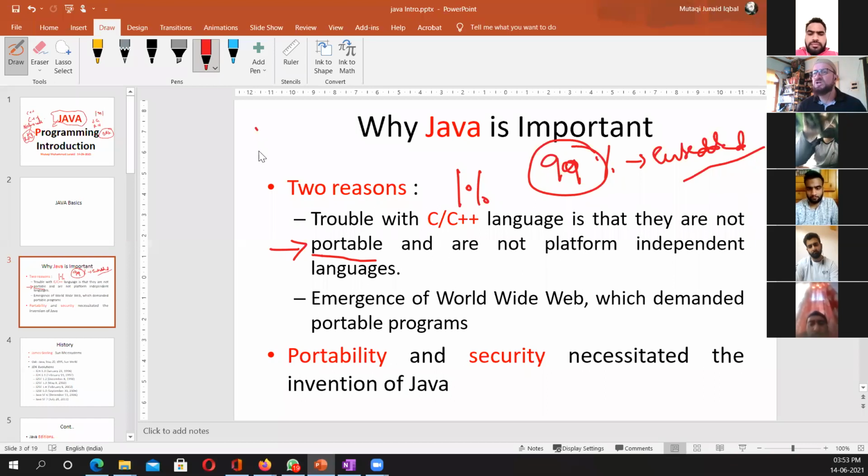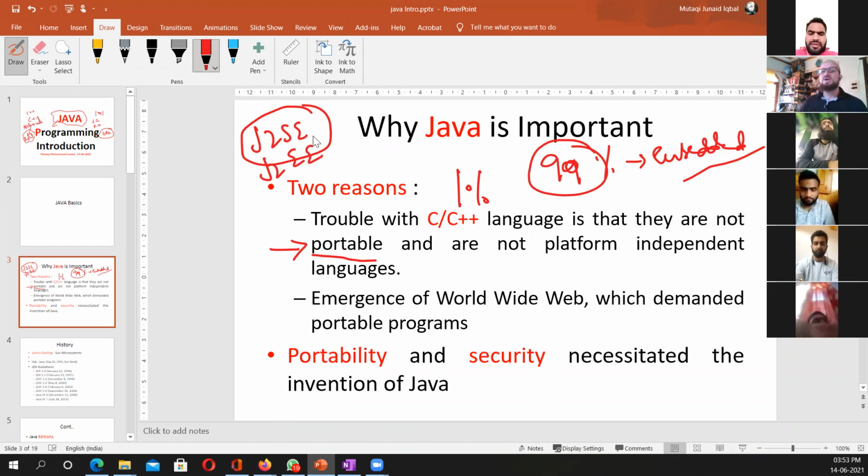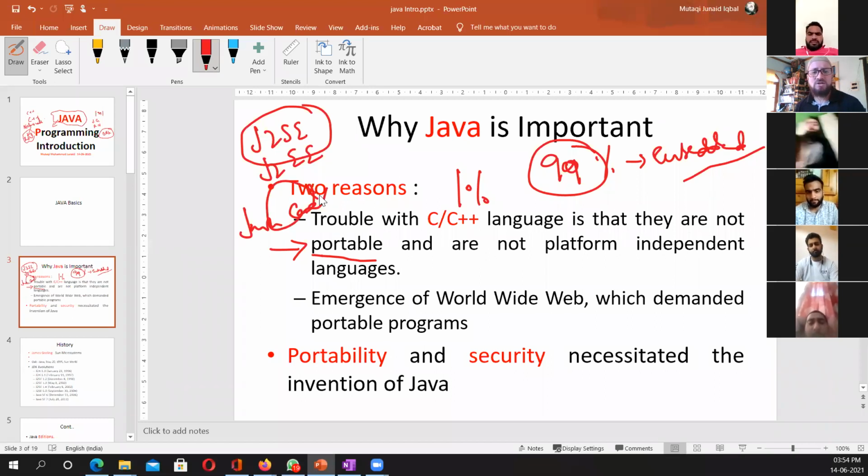We have different versions of Java. We've got J2SE, Java 2 Standard Edition. This is what your computers run. We have J2EE, Enterprise Edition. If you have to develop enterprise software for big, huge companies, we have J2EE for that. We have Java Card technology, which works on cards. We have J2ME,